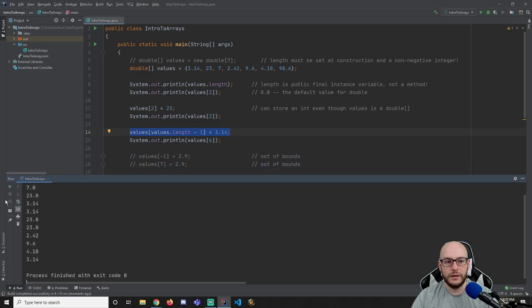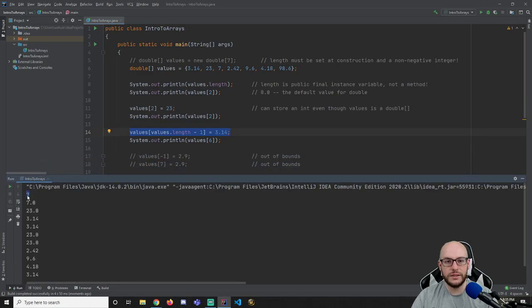Okay. So the first number we see here, that is the length. We have 7 total values, right? 1, 2, 3, 4, 5, 6, and 7. The value at index 2, 0, 1, 2, is a 7. Again,